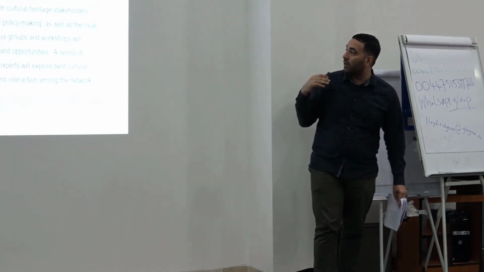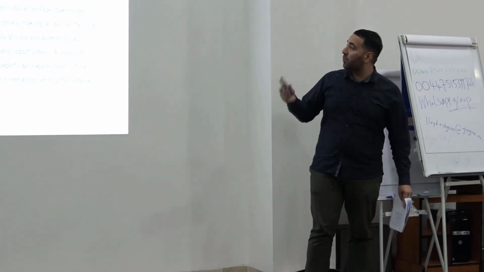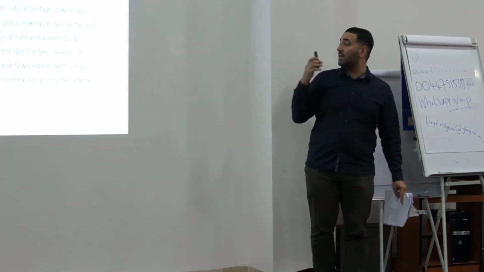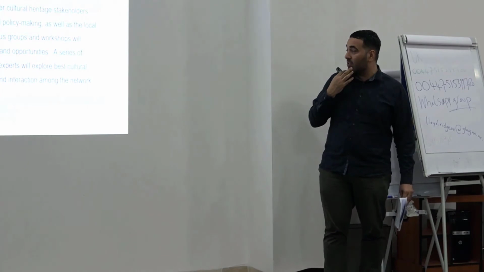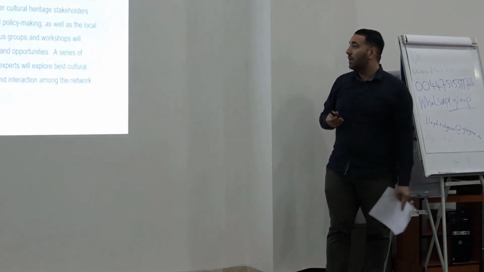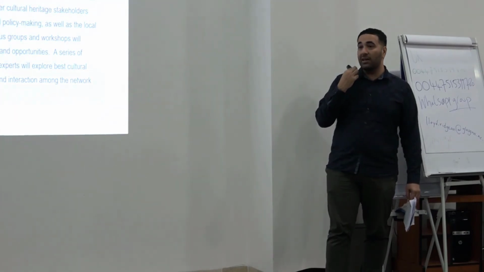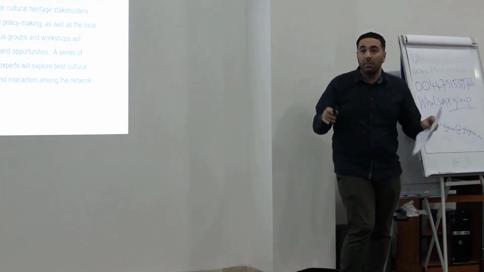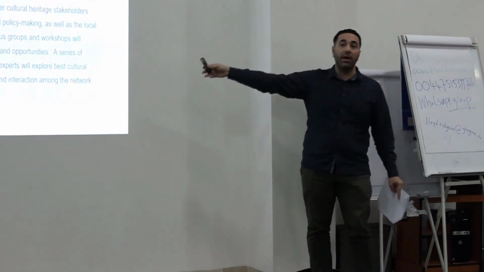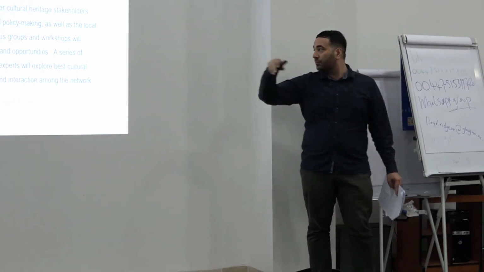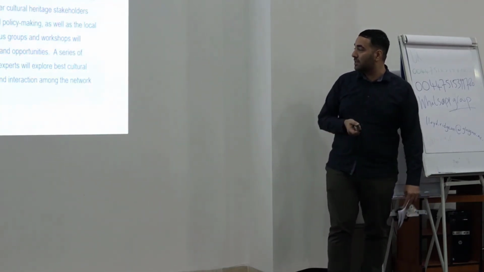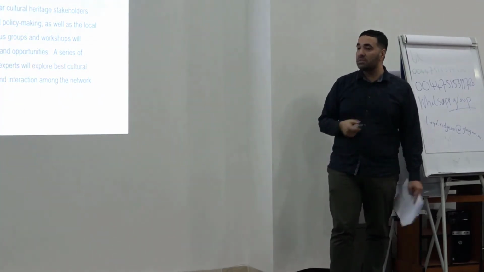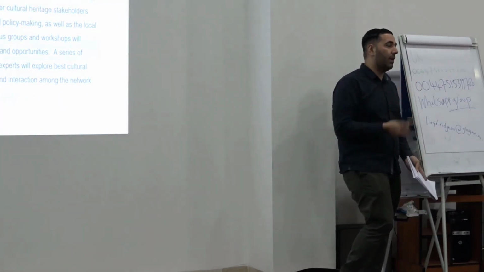Rozhen's project is about, I'll read it to you. The project team will establish a local heritage network and centre in Sulaimani Polytechnic, bringing together cultural heritage stakeholders, experts, NGOs, policymakers, and local communities. Structured and semi-structured focus groups and workshops will identify and analyze cultural heritage challenges and opportunities. So basically, expertise. It's directly looking at one of our aims, which is strengthening local expertise. A series of seminars and lectures by local and international experts will explore best heritage practices, increasing connections, strengthening civil society. Many of the aims.